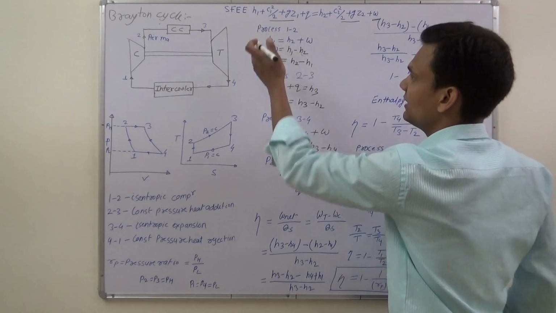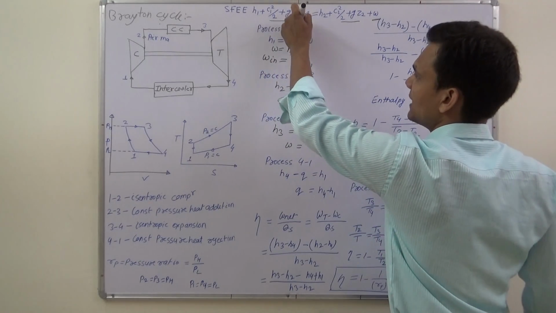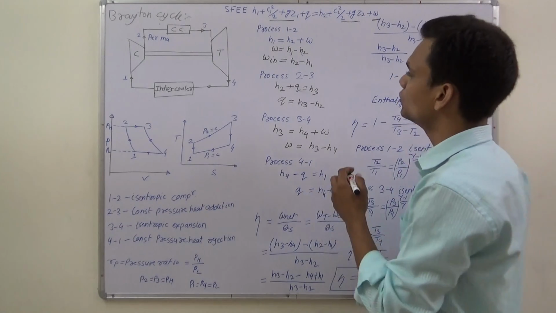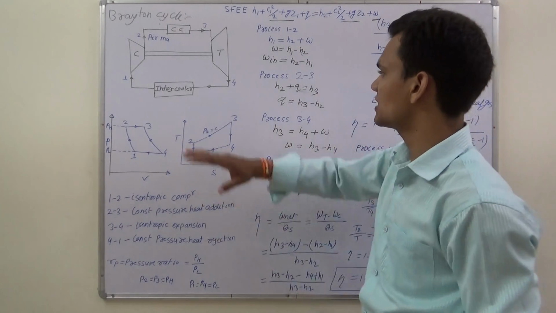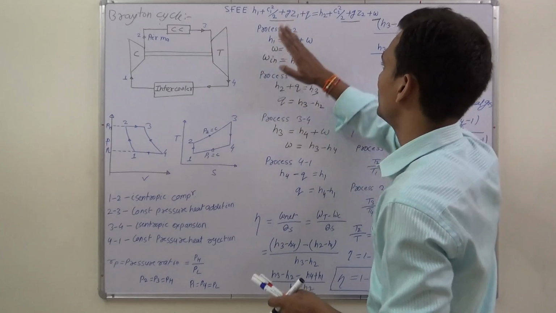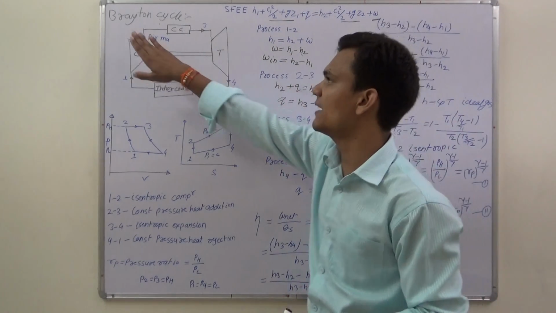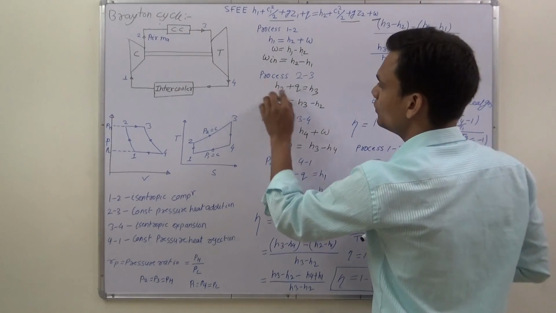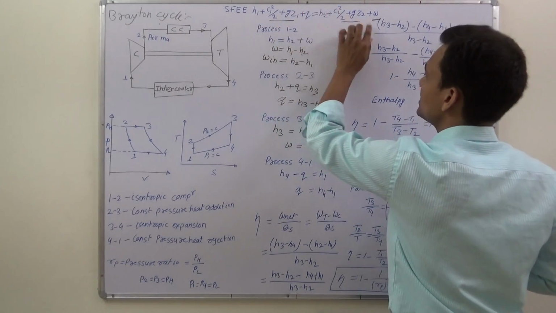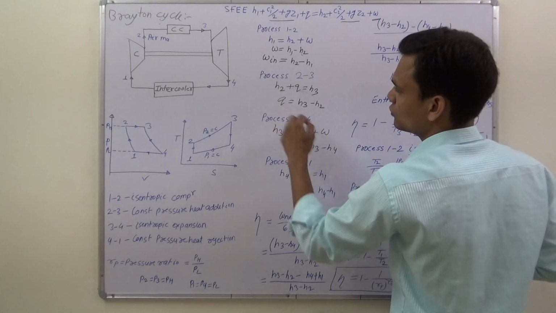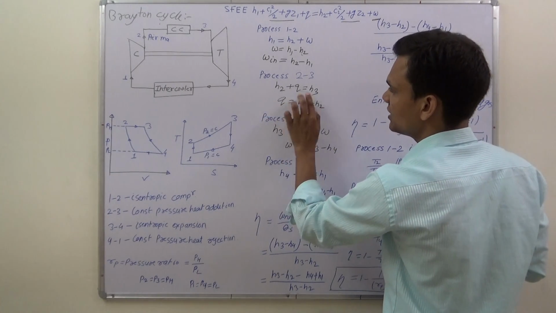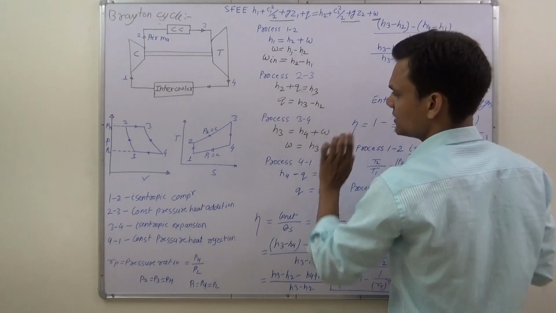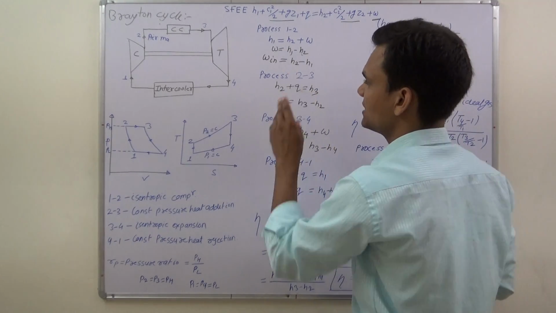So the remaining terms will be H1 plus Q is equal to H2. But for our equation, H1 will become H2 and H2 will become H3, because we are applying this equation from 2 to 3. So for 2 to 3, H2 plus Q is equal to H3. So we can modify this equation: Q is equal to H3 minus H2. This is for our combustion chamber.